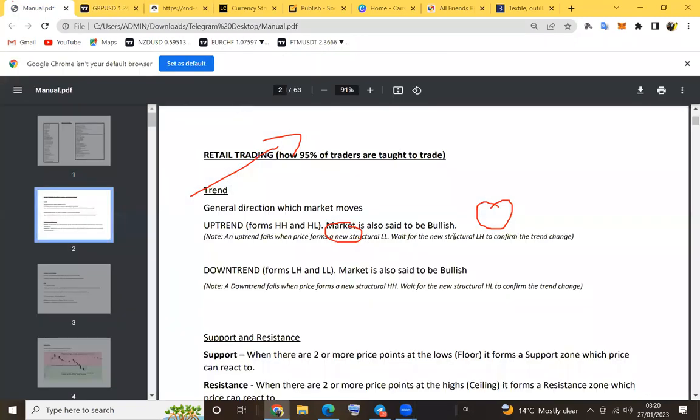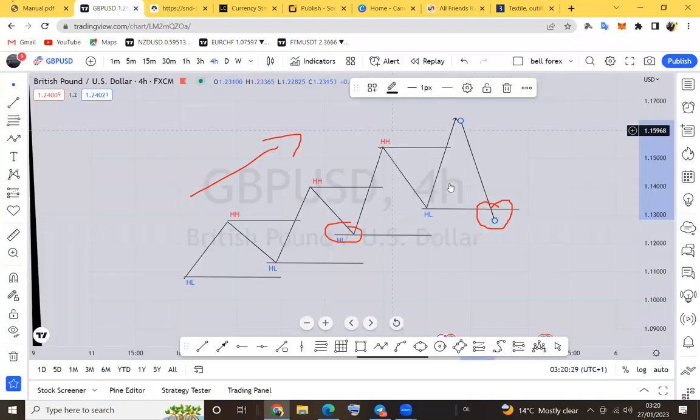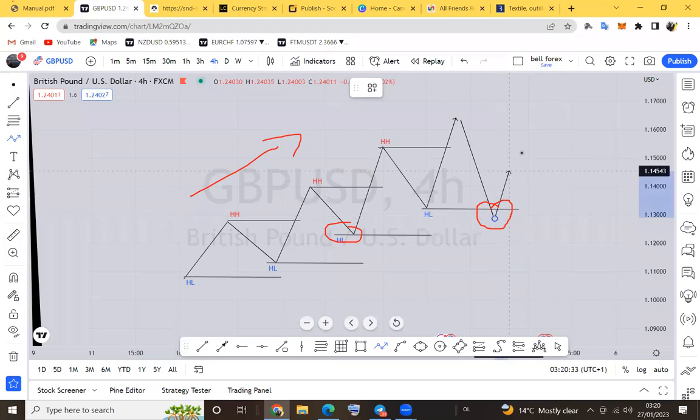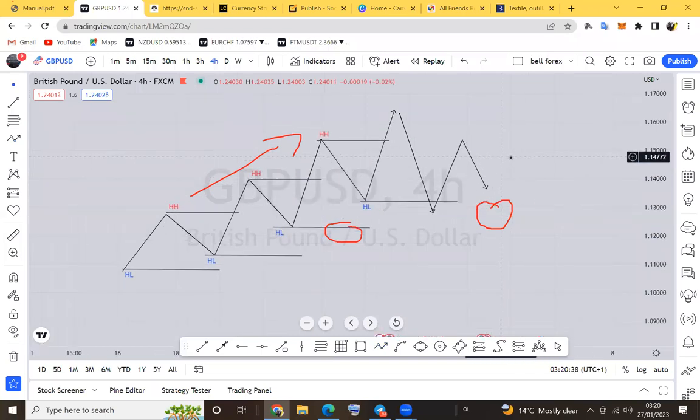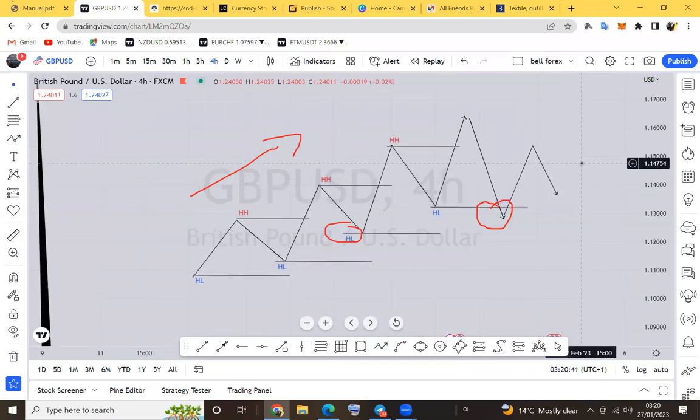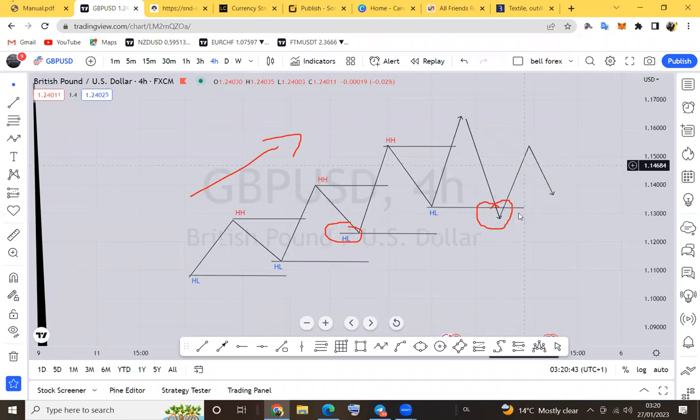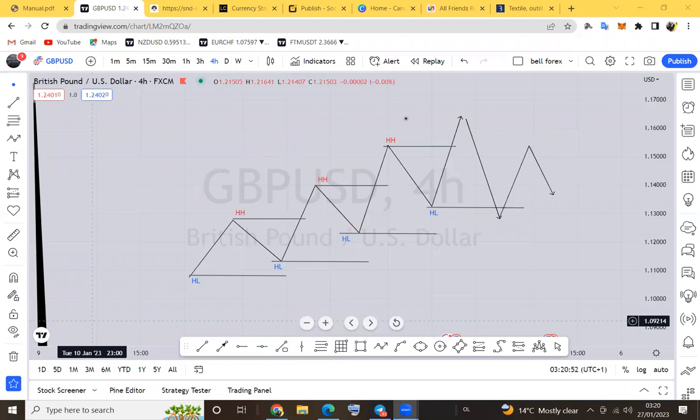I wait for a new lower height to confirm a trend change. It means when a trend is broken like this, I'm going to wait for a structure like this, a lower height. I will explain what a lower height is. I'm going to wait for such a retracement, which will form what we call a lower height. Now, in a downtrend,